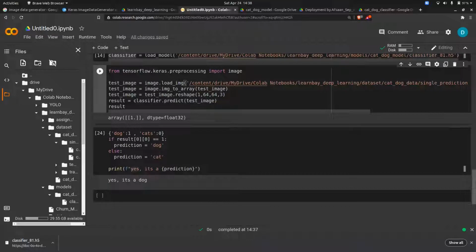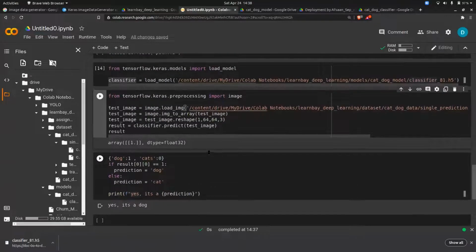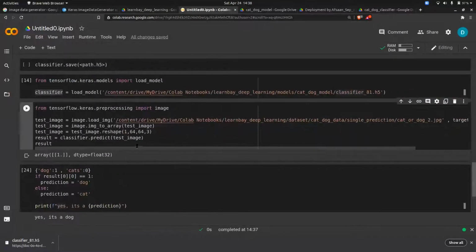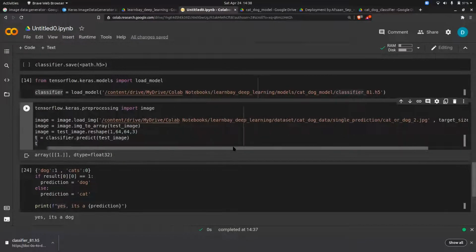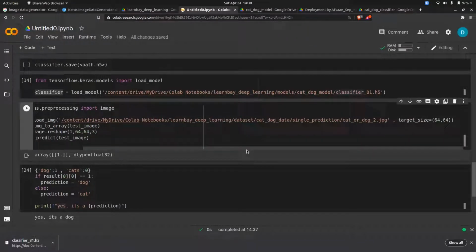Can I go to the above thing, like here after load image, the target, what do you put as target? Yeah, target is the image size that you want the model to take. So 64, 64. Target size 64, 64. I'm getting an error here. Okay, just share your screen.